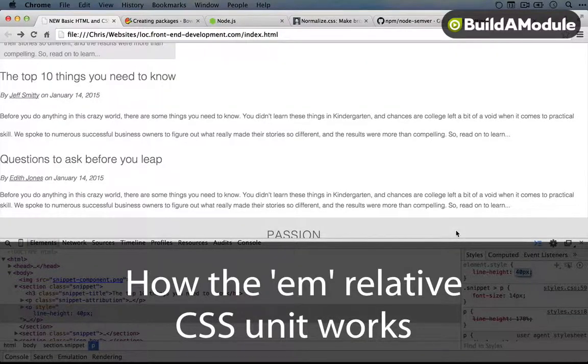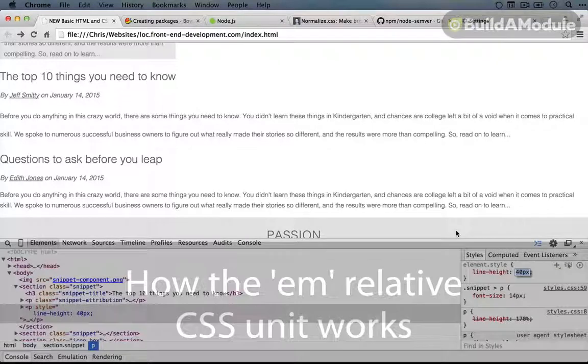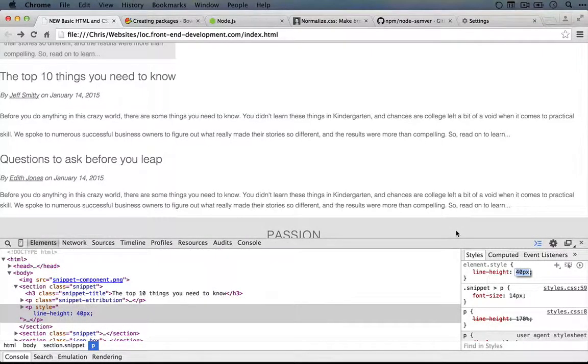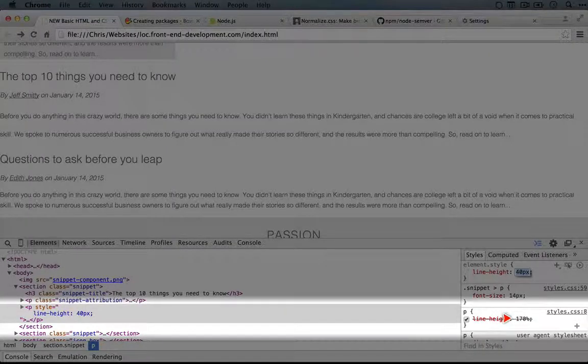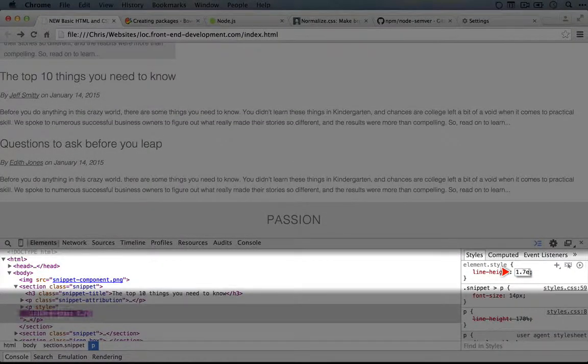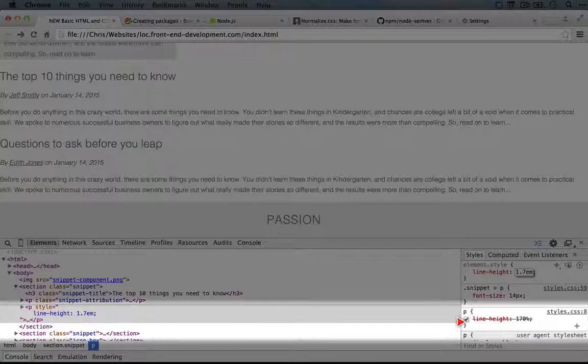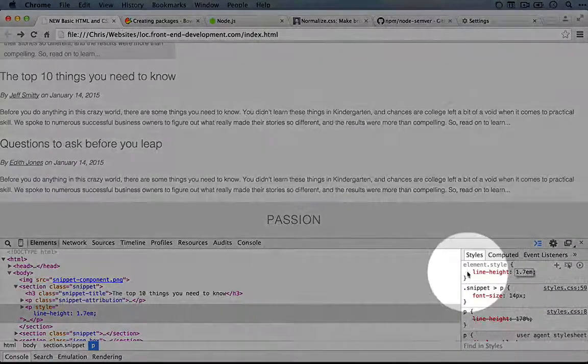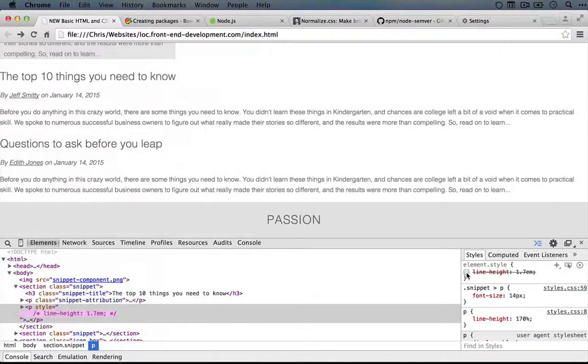And now, even though we use pixels almost all the time for absolute measurements, there are several relative measurements that come into play depending on what you're doing. So the first we saw was the percentage, but we can also use one called EMs. So if we do 1.7 EM, that's going to be identical to the 170%. We can test that by turning this on and off here, and you can see that the line height doesn't